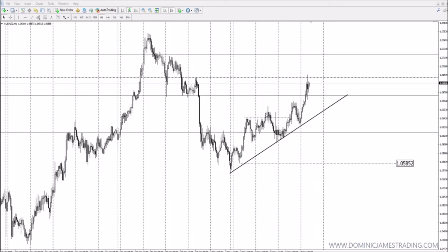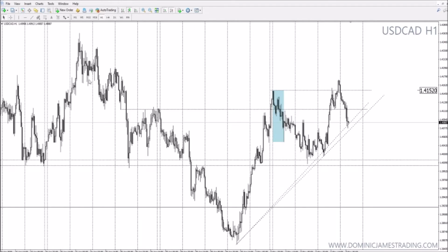So keep an eye on it. Market's down, and there's not much else today that I'm looking at. Dollar CAD potentially, although it's been a tad tricky. We do have Monday's high here acting as resistance so far, but I want to draw your attention to this